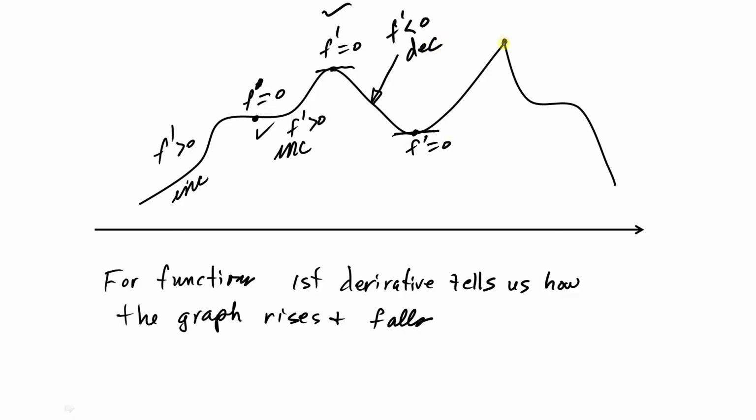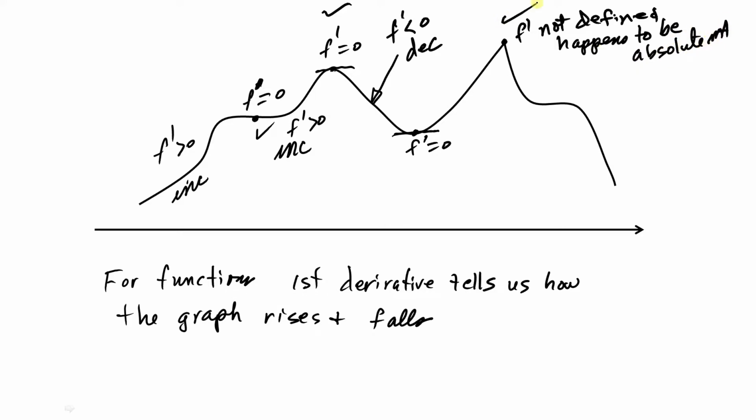And at this sharp point, f prime is not defined. You see, in this example, it happens to be an absolute max. Between this point and this point, the function